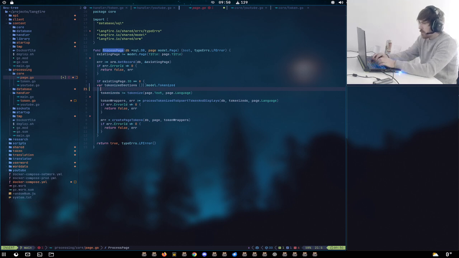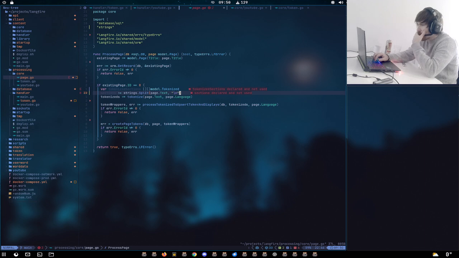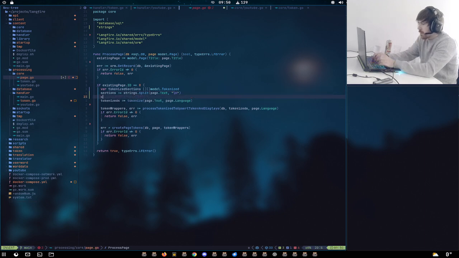we do sections equals page dot, if I remembered Golang, it's like dot split on the new line. No, that's JavaScript brain. Holy moly. Strings dot split on the new line. Import strings. And then sections